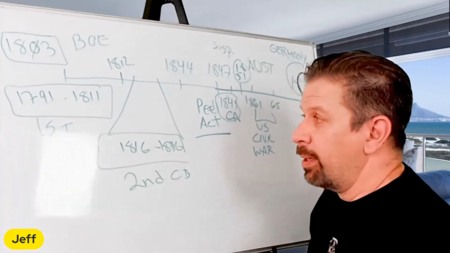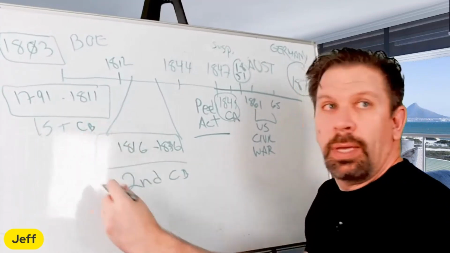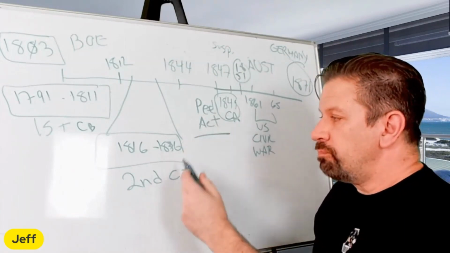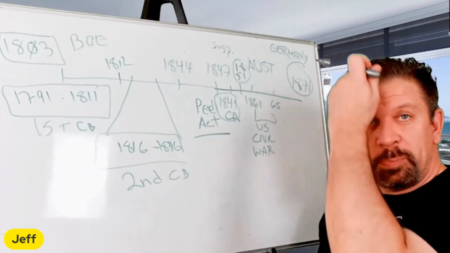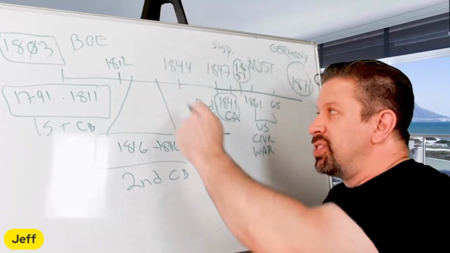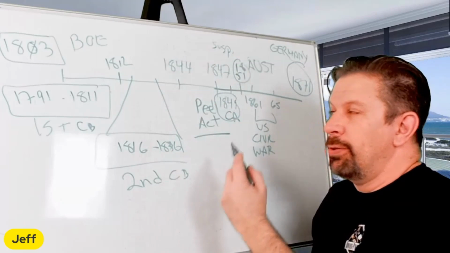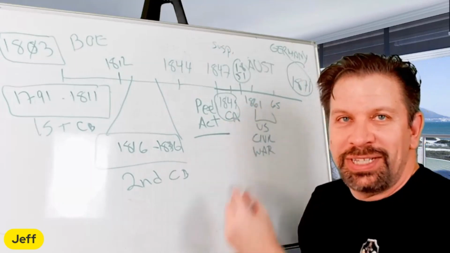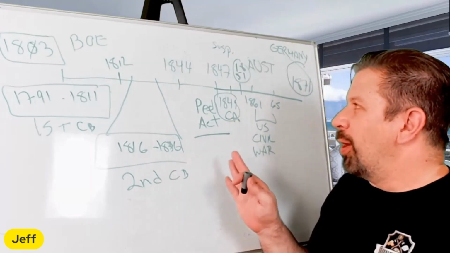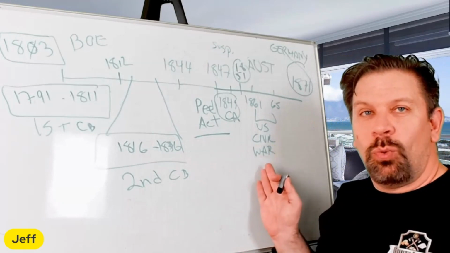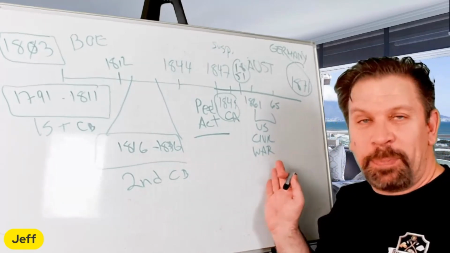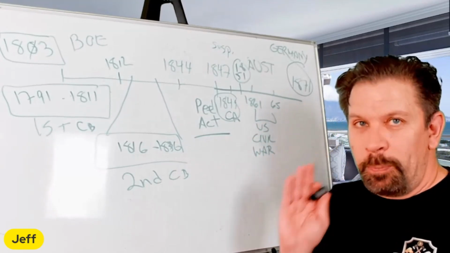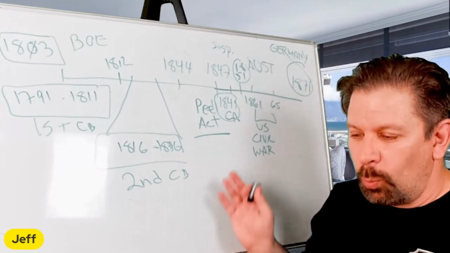But yes, the first central bank, that's the first central bank there. The second central bank is here in 1816 to 1836. And then the U.S. doesn't have a central bank at this point. Now, with England establishing the gold standard right after this, they're like, hey, we're the World Bank. We're the ones that will settle everything. We have a gold standard. Trust us. And 3 years later, like, not so much. But 25 years later, now we're in the Civil War, and it's expensive, so they're getting loans from England and France. Then after this comes Reconstruction, and there's a big push by several people that wanted another central bank.